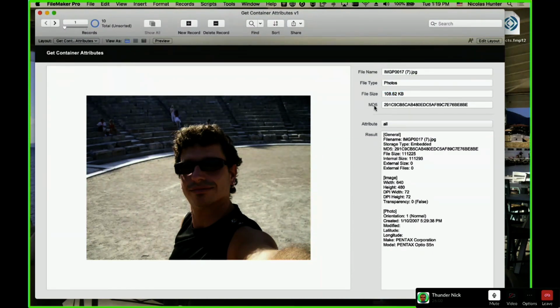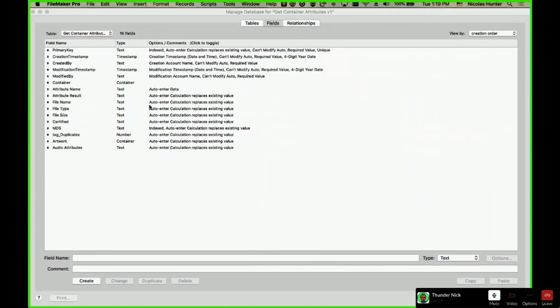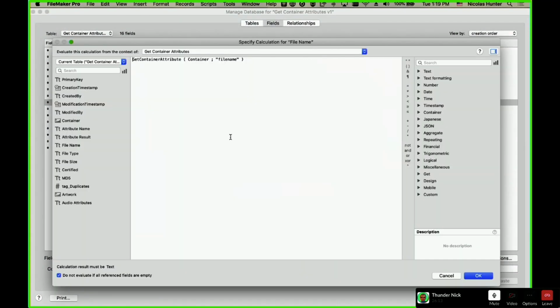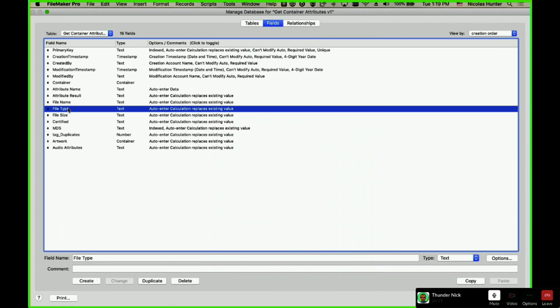And I'm going to show you why the MD5 is very, very important. So how do you do that? When you want the file name, you just put an auto-entry calculation and say, by the way, I want Get container attributes, the file name. So that will return the file name.